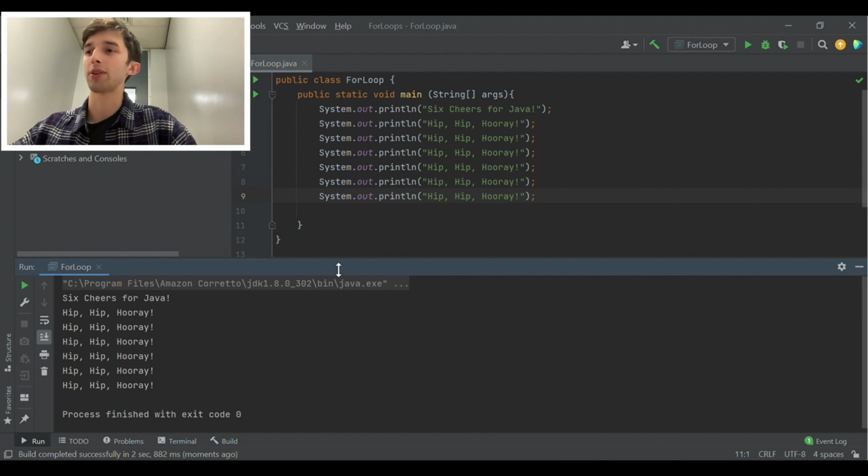So this code is pretty inefficient here. It takes up a lot of space on my screen, and it could also take a long time to code. This example isn't too bad. Let's say we wanted 50 cheers for Java, or even 500 cheers for Java. That would take a long time. So now what if I were to say we could code this in only 3 lines instead of 6 or